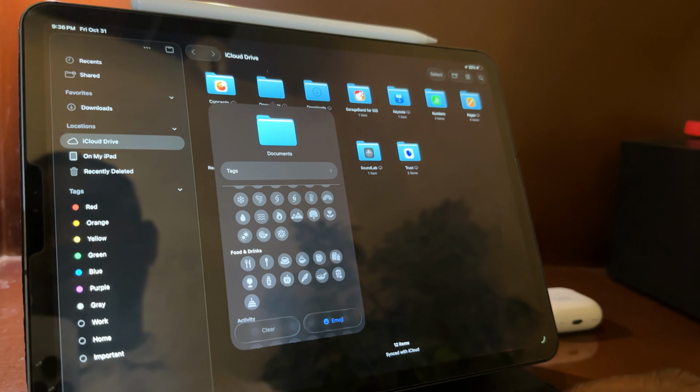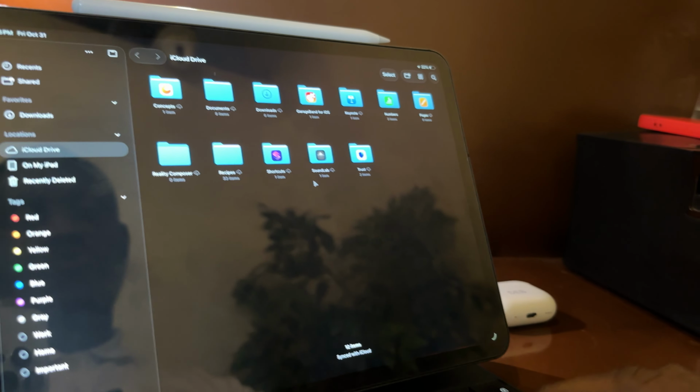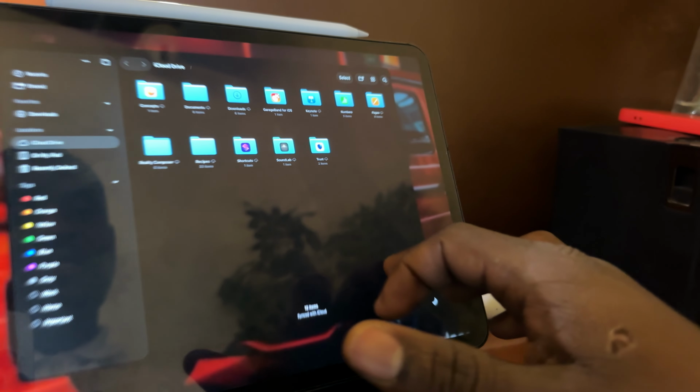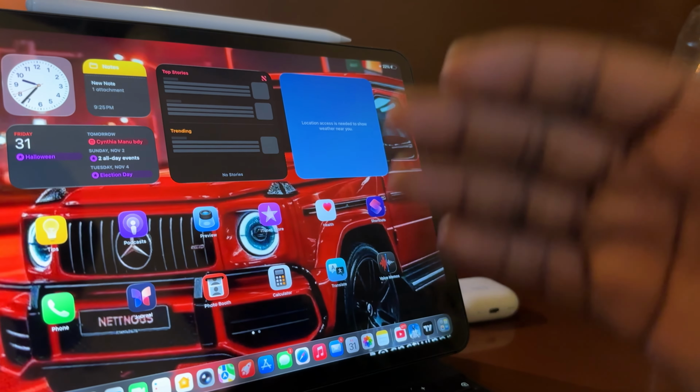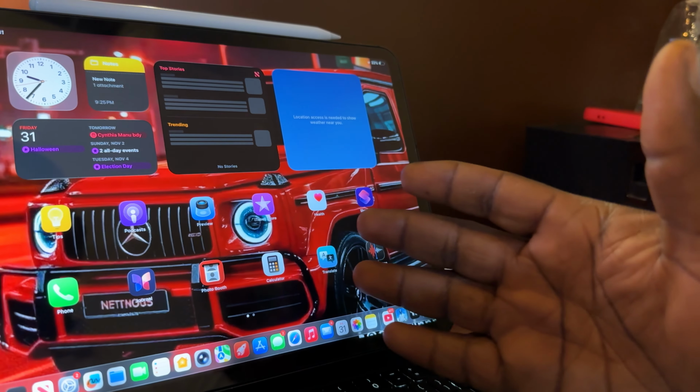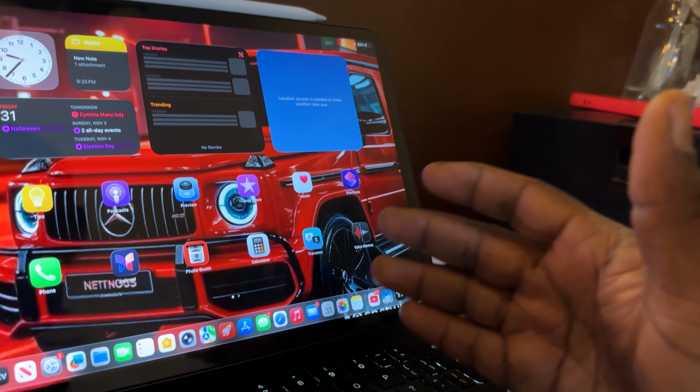So these are a few of the tips I will give you. If you just bought your new M5 iPad and you want some few smart quick setups for your iPad and how to go about it, these are some of the features and the settings that come with iOS 26,